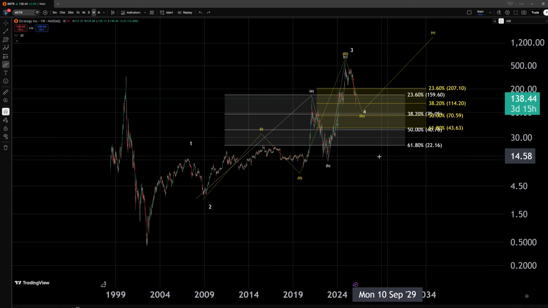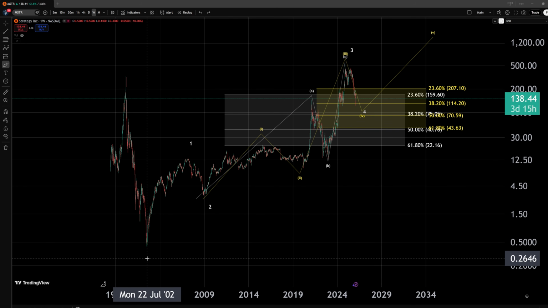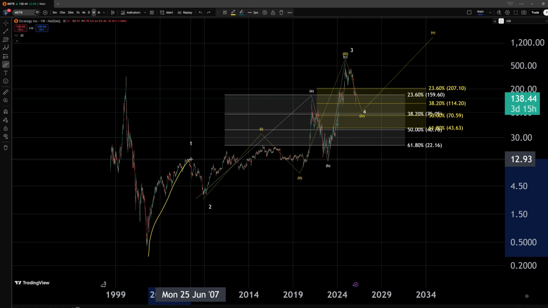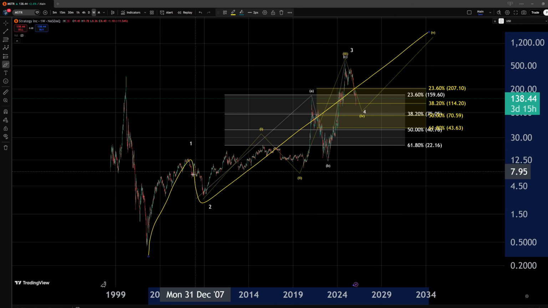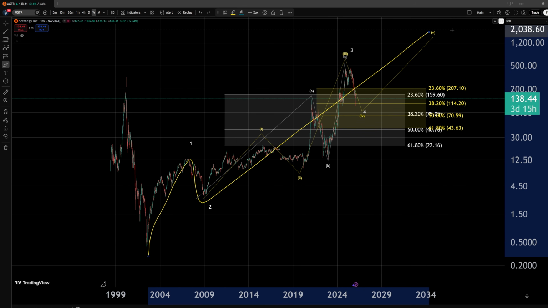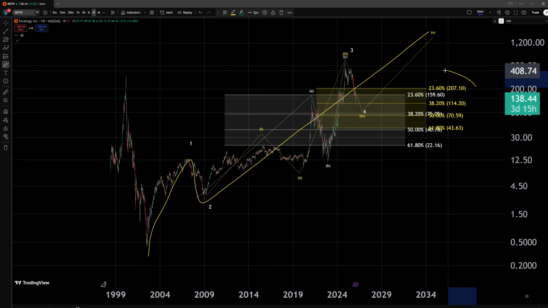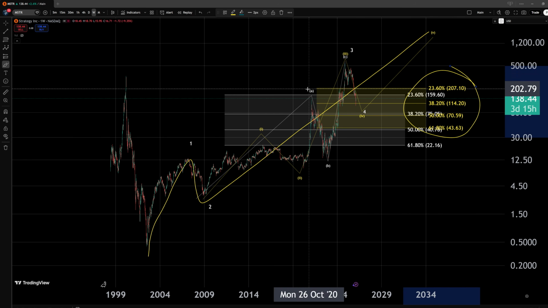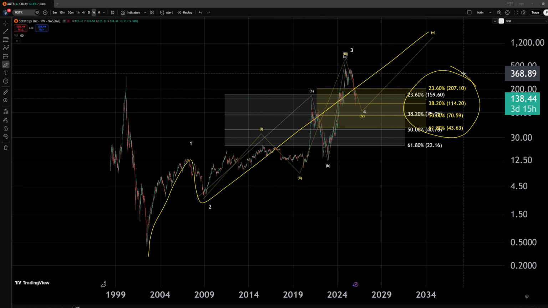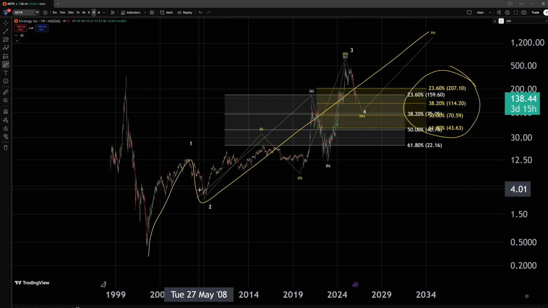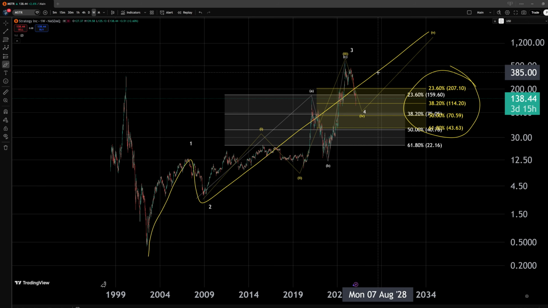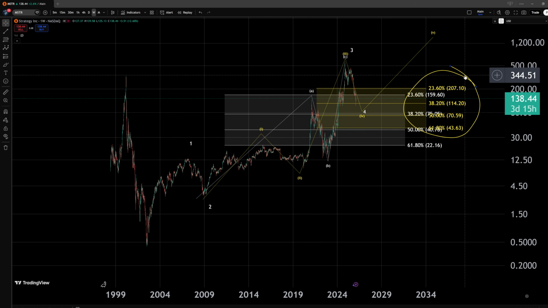At the same time, we are tracking in yellow the idea of a larger A, B, C structure that could mark a more significant completion of the uptrend where we don't really need to extend to any higher prices. Now, the thing is, while these areas of support overlap for the most part, it could potentially be difficult to find a difference between these two structures. At the moment, I believe we need to consider both, and we need to track both areas of support that,